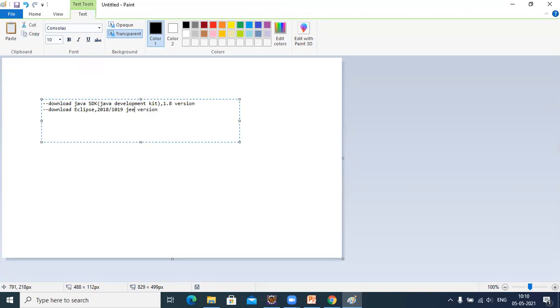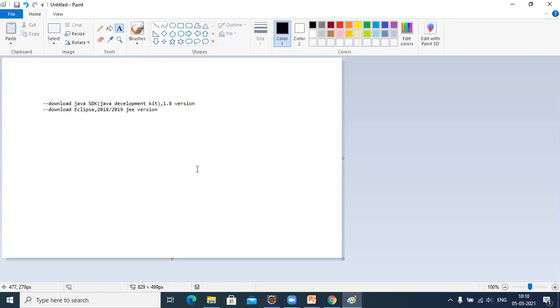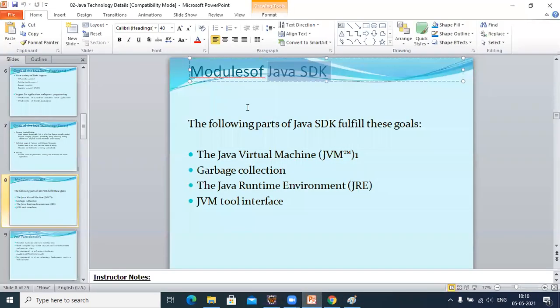You should be careful, you have to download the JEE version, Java EE. These two things are mandatory for starting development of Java applications. Now let's move on to the PPT.